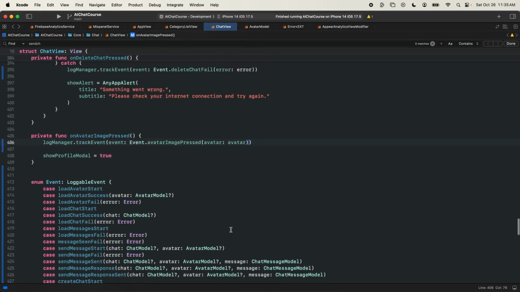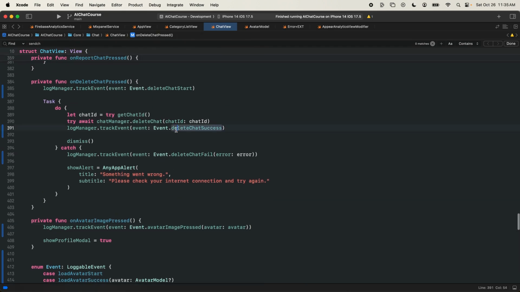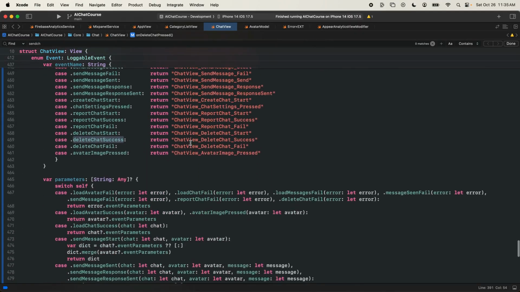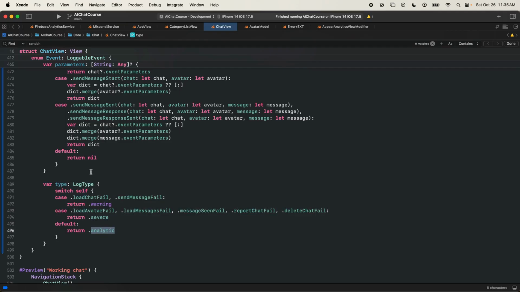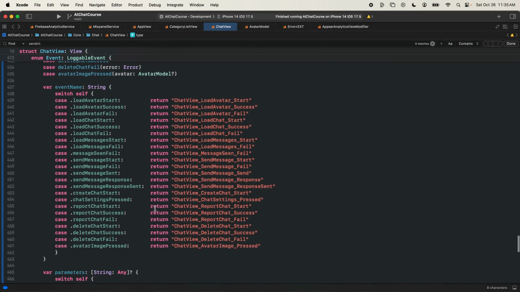And then in our next release, we can just come up here and comment a bunch of these out so that we have them if we need to bring them back, and we just don't send them to the analytics. Otherwise, I can maybe switch them out to become info types rather than analytic types so that they print to the console, but they don't actually send to our analytics services. Bunch of things I can play with here, but generally speaking, this is the setup that I want for every